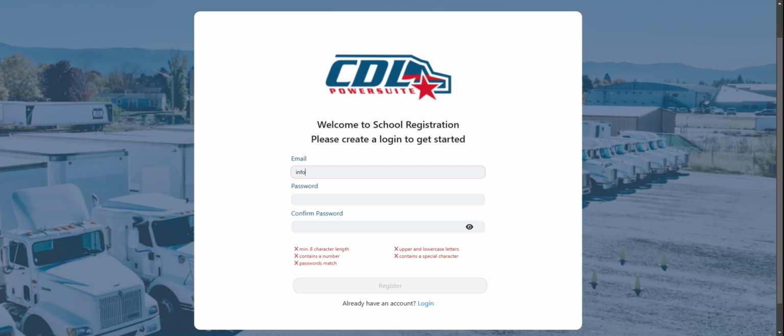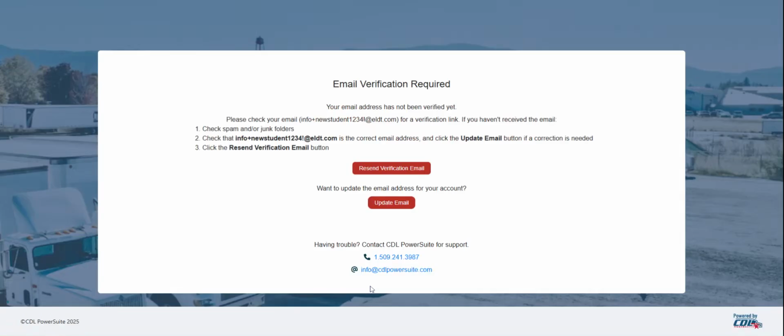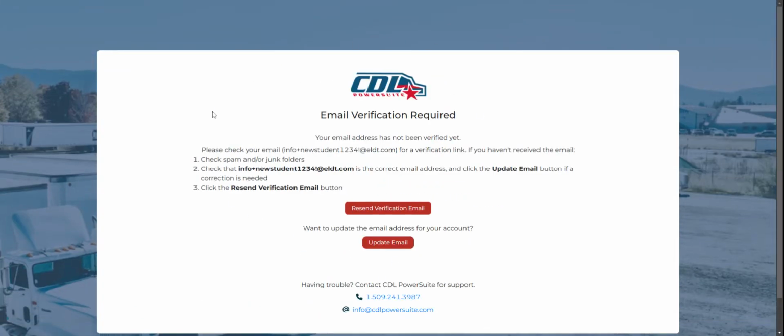So for me, I'm going to say info plus new student at t.com. And then I'm just going to take this and make it my password here, confirm that password, and register. The next thing that's going to happen is it's going to ask you to verify your email. So go check your email right now,